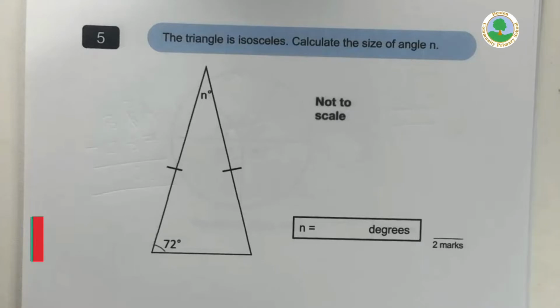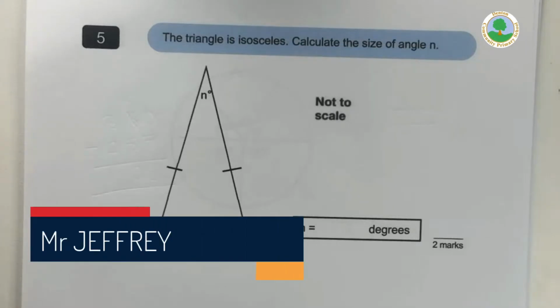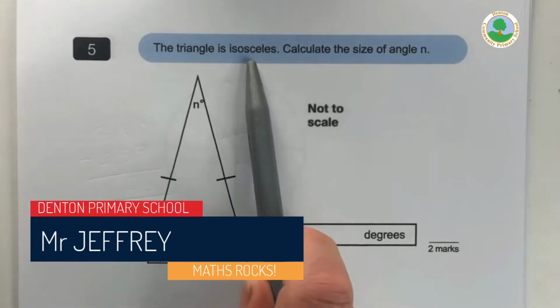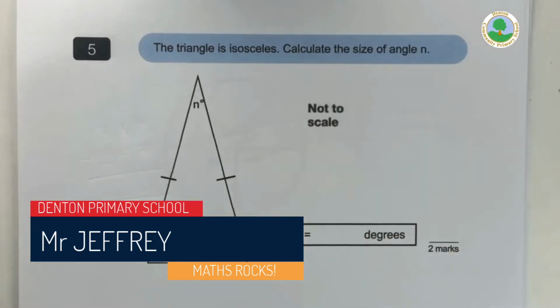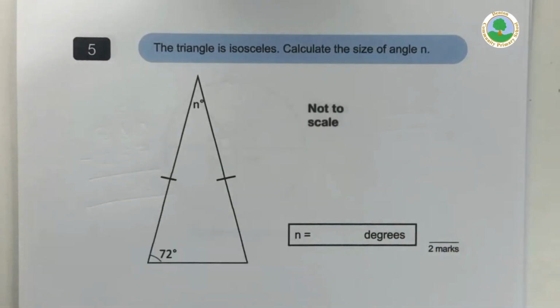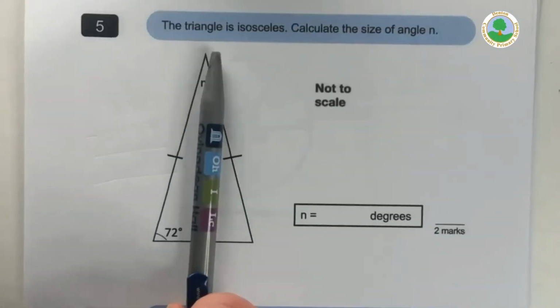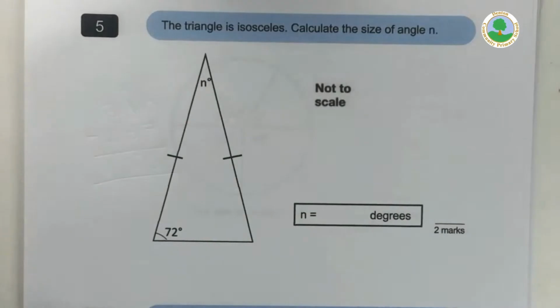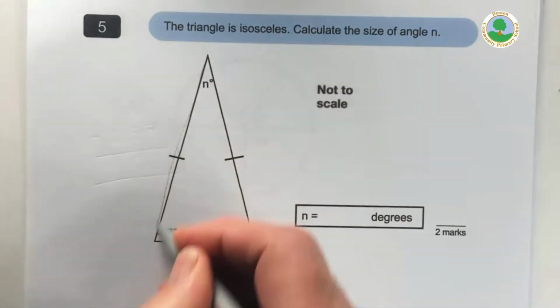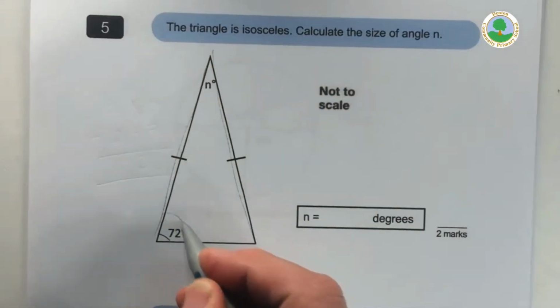Okay, here goes. Let's have a look at question 5. This triangle is isosceles. Calculate the size of angle N. Now this, I'm sure you know by now, an isosceles triangle has a line of symmetry. It doesn't have to be vertical, it could be anywhere, but in this particular case this one is. And that means, of course, that these two sides will be the same length and these two angles will be